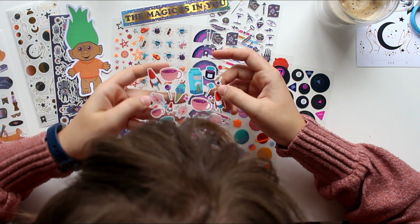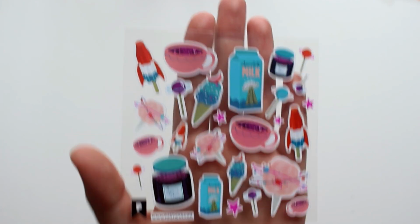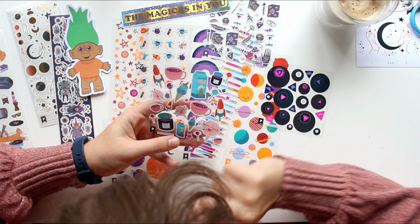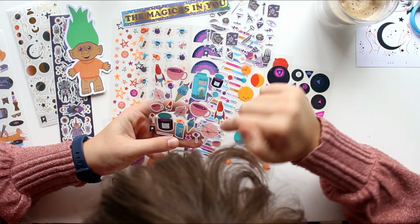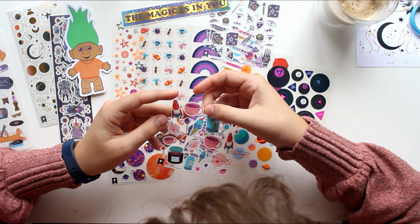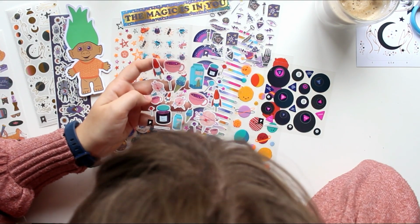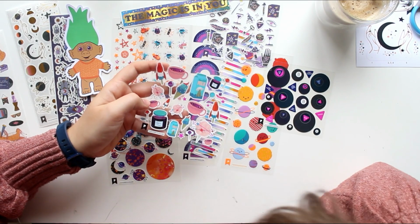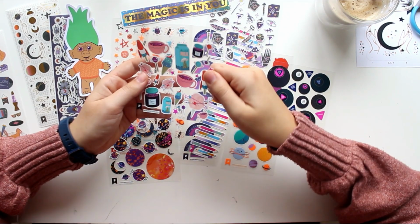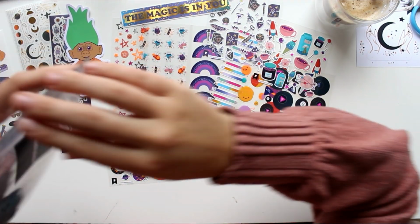That's so cool. Okay, so the second to last is this, I'm going to call it Galaxy Desserts. We've got Space Jam, which is quite funny. We've got chocolate milk. We've got Galaxy cotton candy. Galaxy hot chocolates. Very random, but I like the general idea, especially the Space Jam. That's just funny. The pun. So yeah, another Pipsticks sheet. And then I already saw the last one,